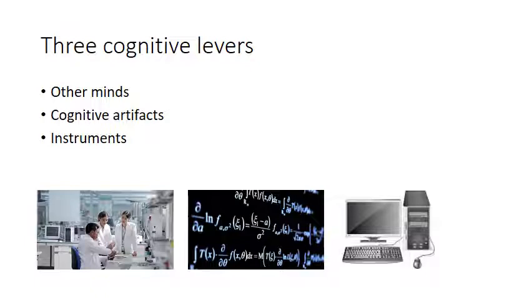A second very important factor is the fact that we've developed cognitive artifacts. What are cognitive artifacts? Well, there's two important cognitive artifacts. First of all, mathematics. Developing math has enabled us to interpret our environments in a radically different way. In fact, without mathematics, you couldn't have most modern sciences as you have today. So it gives us a completely different and actually very powerful way to, first of all, classify and then interpret information from our environment and to make all sorts of predictions.